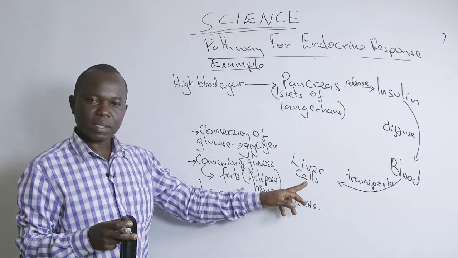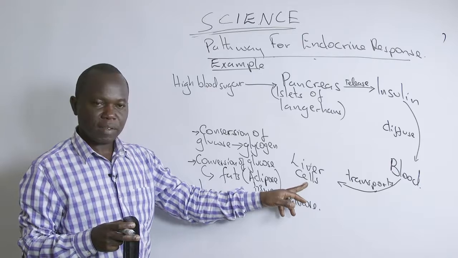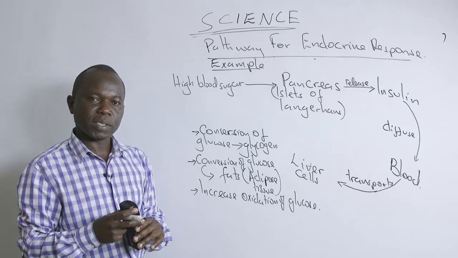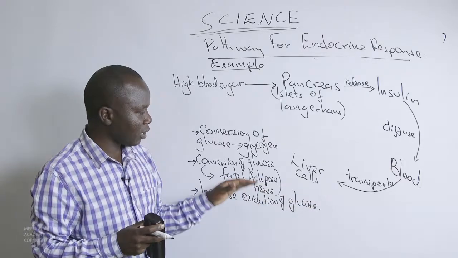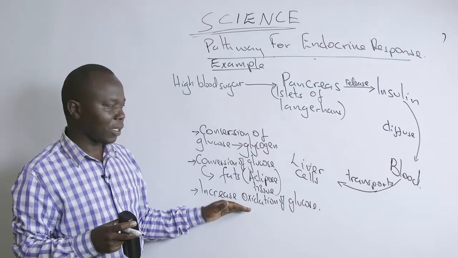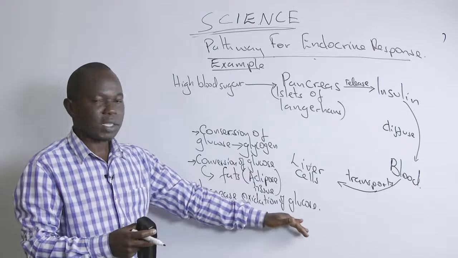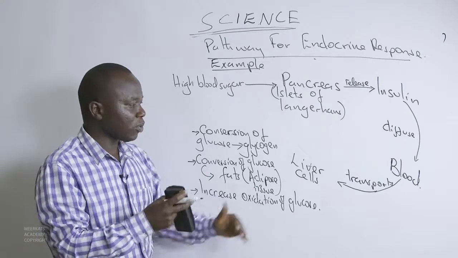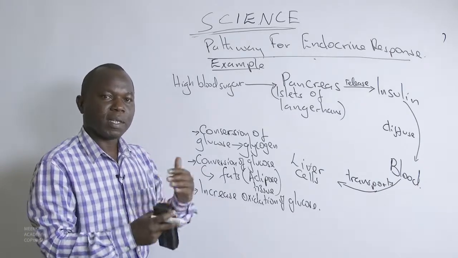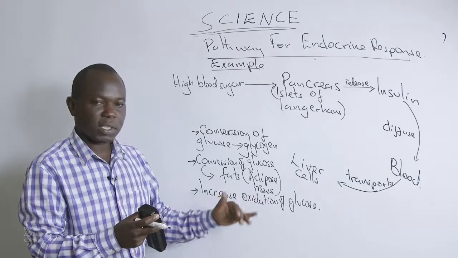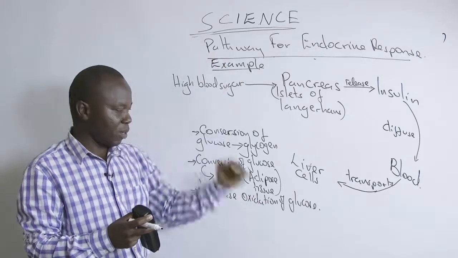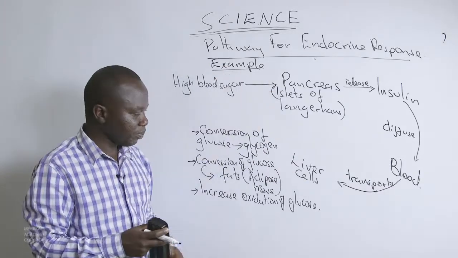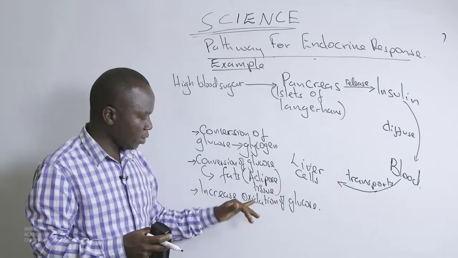So in our case, liver cells are the effectors. And then the duration will last longer for endocrine responses, because you realize that even this does not take immediately. It's going to take some time even to oxidize glucose. It's not a spontaneous reaction. The hormones will build up fast. As they build up, there's already some slower oxidation taking place. When hormones reach maximum in the liver cells, now it's going to bring about maximum oxidation